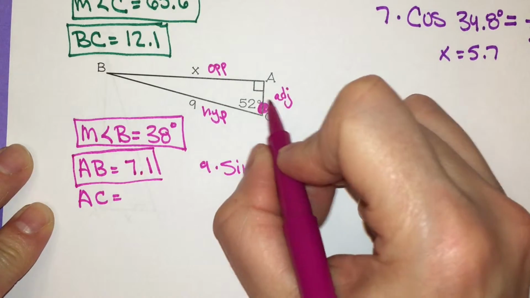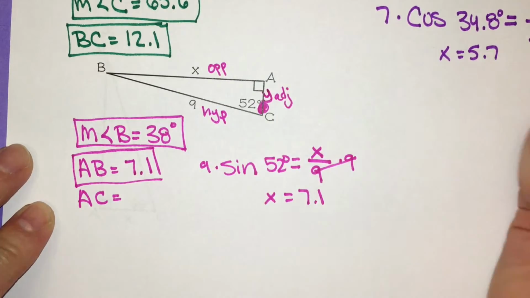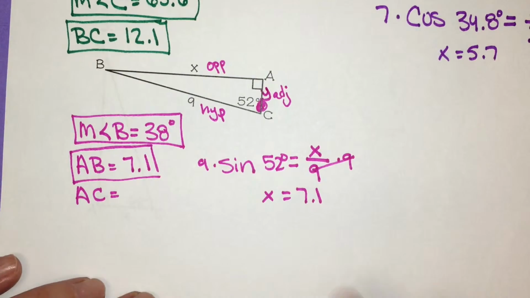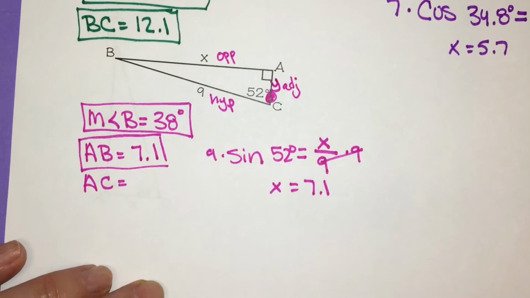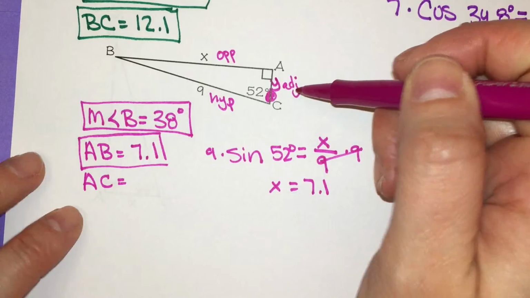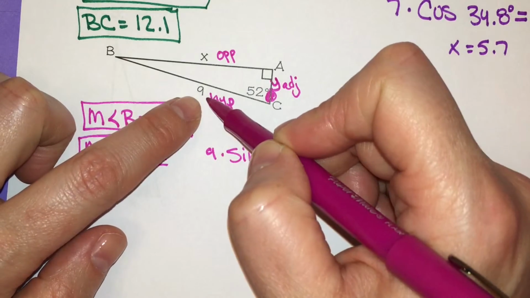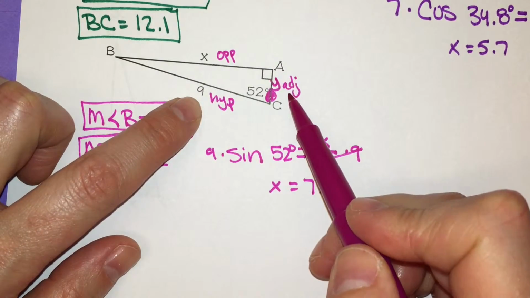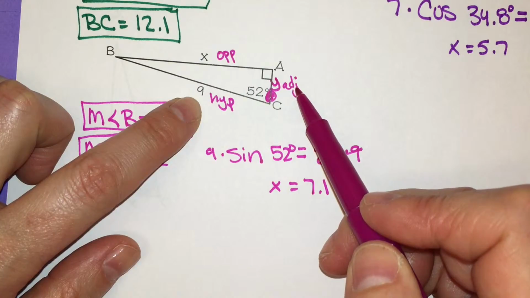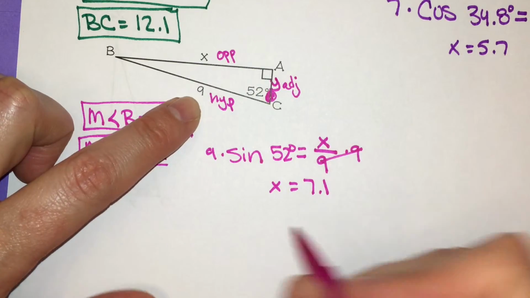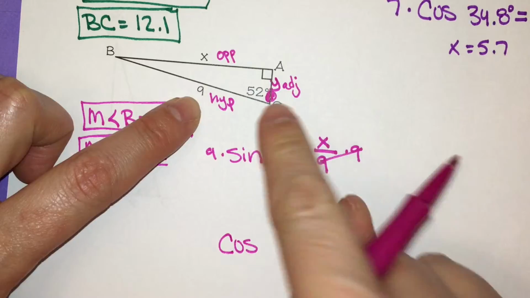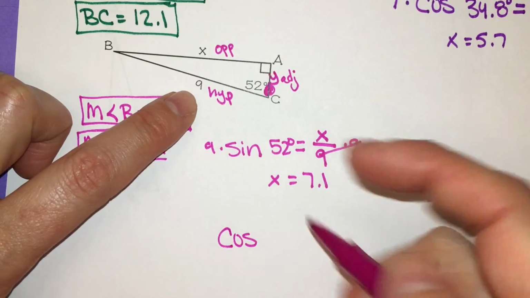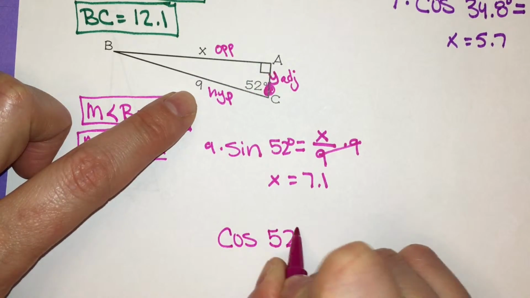Okay, I need to find my other side, my adjacent side. I'm going to call this side Y, just so I don't get my two sides mixed up. I'm going to use the hypotenuse since I knew that, and I'm going to use adjacent. If I'm using hypotenuse and adjacent, I have to use cosine. So cosine of my angle theta, which is 52 degrees,